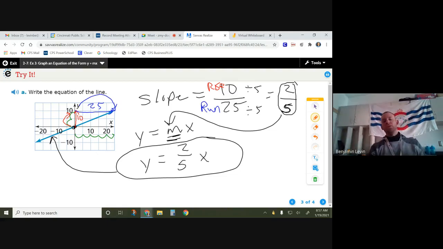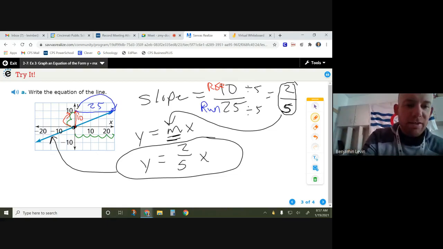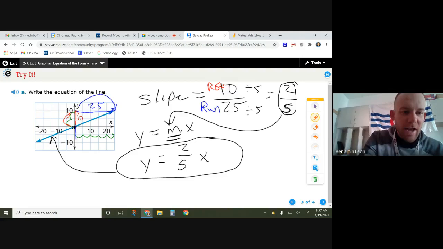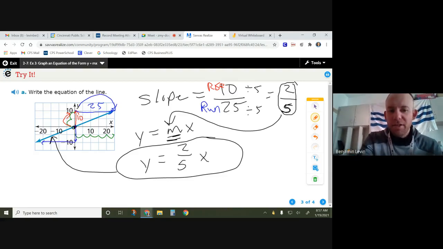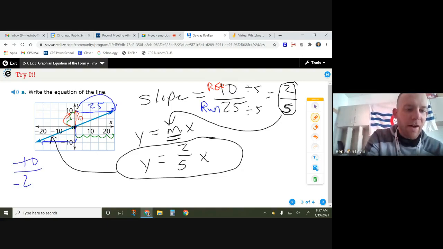Run, we always want to go to the right. If you were to say we went down 10 and left 25, that's going to screw you up because technically left is negative, right? So your slope here, if you went down 10 and left 25, would be negative 10 over negative 25. You'd still get the same answer,